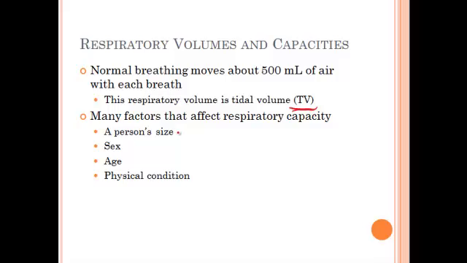First of all, your size. Of course, if your lungs are bigger, if you're a taller, bigger person, then you're going to be pulling in more air and pushing out more air. The sex, so in general, males are going to have a greater lung capacity than females. Your age as well, and that's something that changes over time. There's a number of things that happen to you as you age. The elasticity of your lungs goes down. The lung capacity goes down. You're not going to be getting as much oxygen to your cells. The CO2 isn't going to be released as easily. And those are just things that come with age.